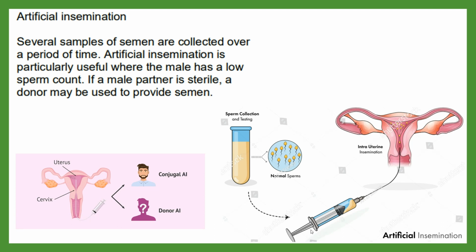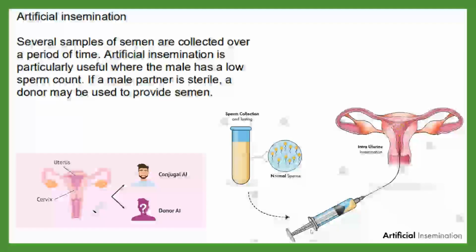sperm number, so a low sperm count or poor sperm motility, then artificial insemination could be a potential solution. So, this is where several samples of semen are collected over a period of time, combining sperm cells from each of these samples, which should give enough to overcome this problem of a low number. Once you've combined the samples, it's then inserted directly into the female reproductive system, and then fertilisation should occur as